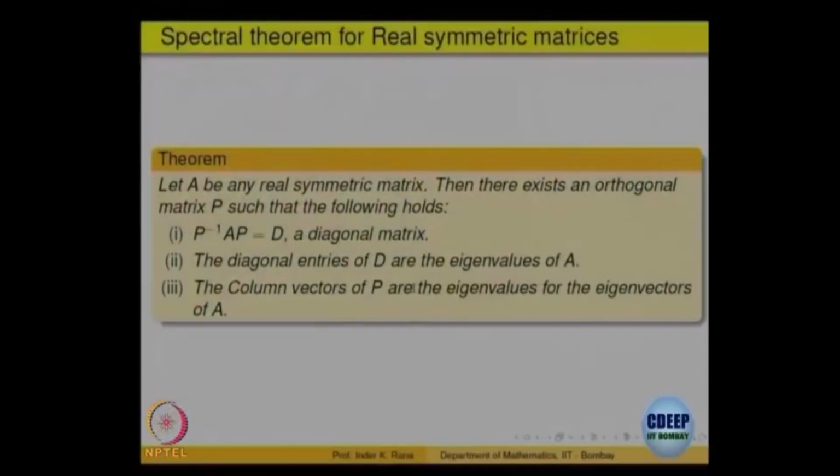But the only thing is that eigenvectors corresponding to distinct eigenvalues for real symmetric will be orthogonal, but inside the eigenspace they may not be orthogonal, they will be only linearly independent. So, what we can do is, using the Gram-Schmidt process, we can make those eigenvectors also mutually orthogonal. So, for each eigenvalue we will have the eigenvectors, there is a basis consisting of eigenvectors because it is diagonalizable. So, we can find